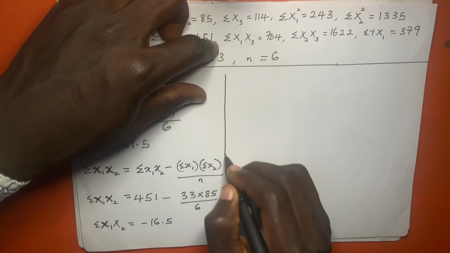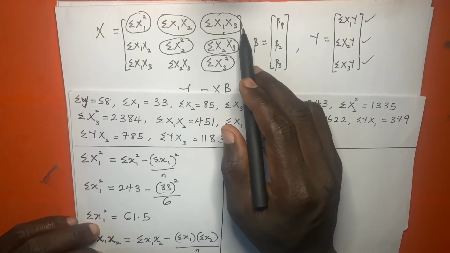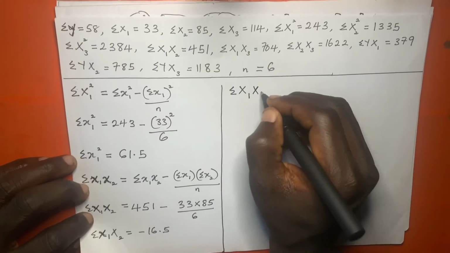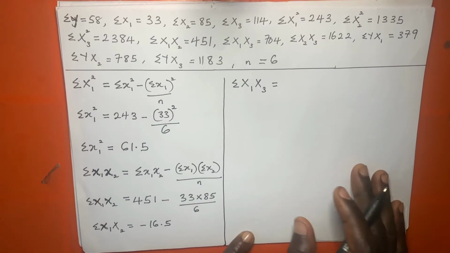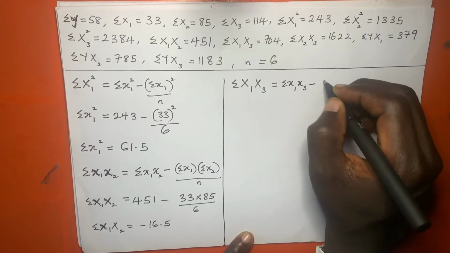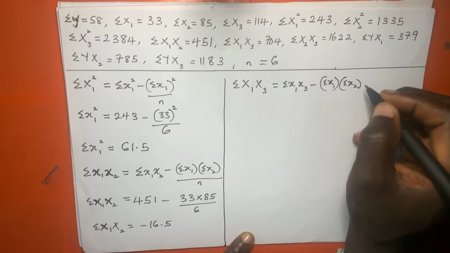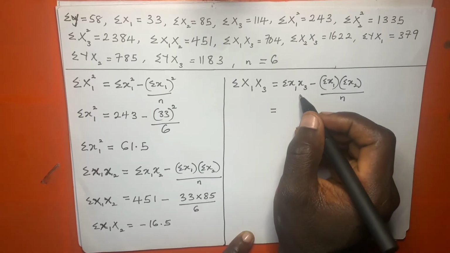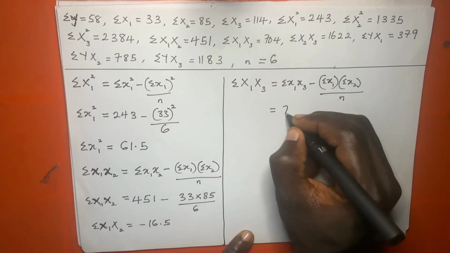All right, let's move on. We needed summation x1 x3, so let's do it accordingly. Summation x1 x3 will give us summation x1 x3 minus summation x1 into summation x3 divided by n. Summation x1 x3 from here is 704. So we have 704